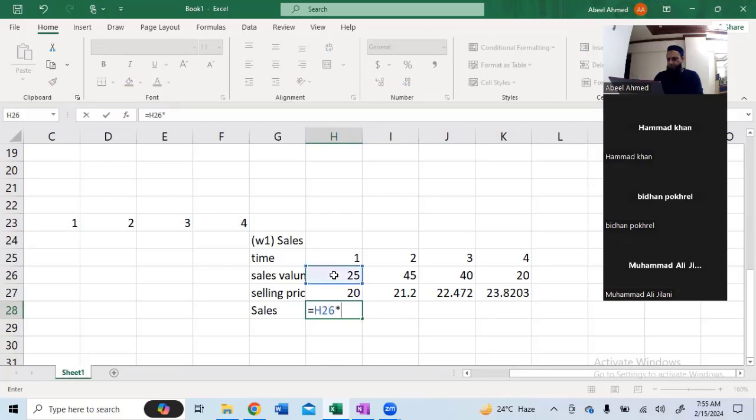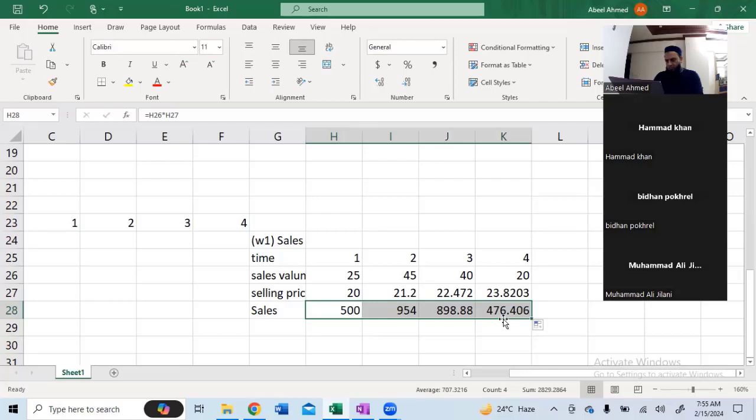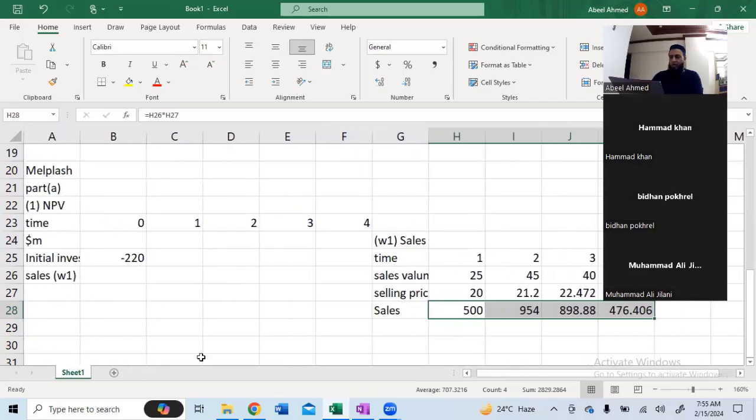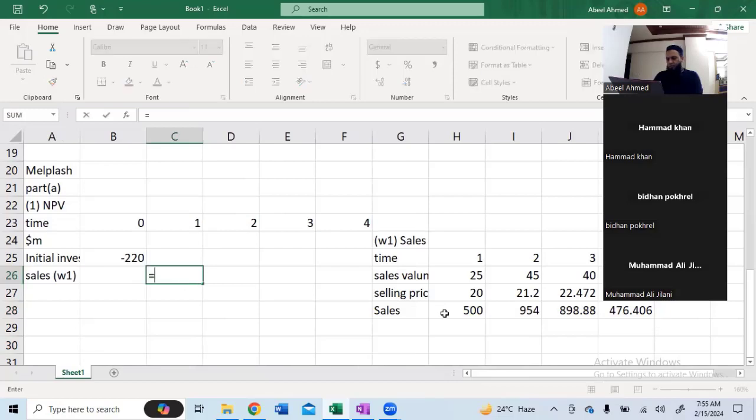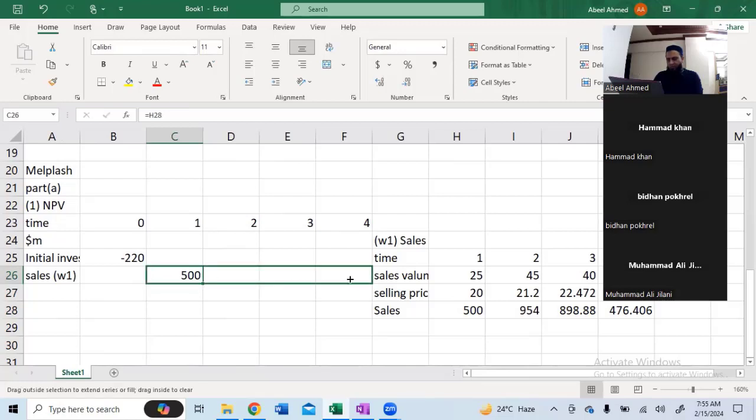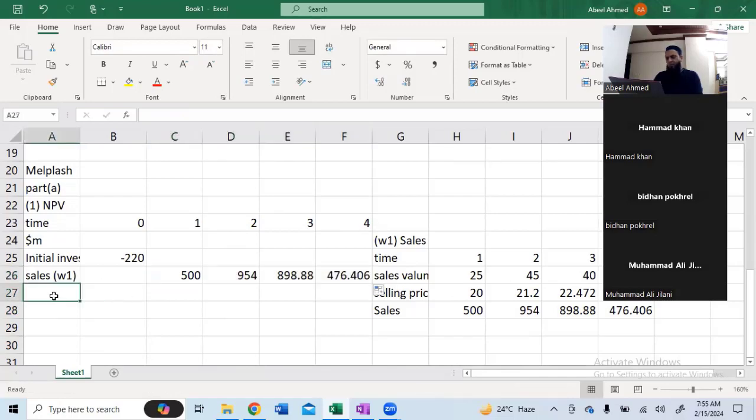25 multiply by 20. Option of the drag, which works in exam, obviously. And you have to show the links, okay? Like you have to create the link, because whoever is going to check your calculation, that person is going to just select the cell. Then automatically the address shows each and everything. Now let's calculate